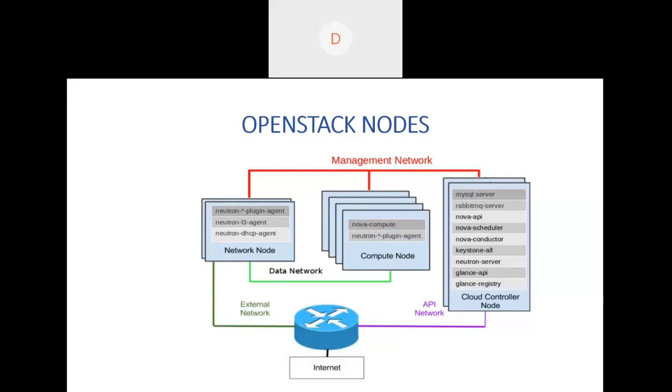So the traffic usually follows a series of soft switches, and it leaves the compute node and reaches the network node, wherein the DHCP application, what you call the DNS mask service, will assign some IP address to that particular VM that got launched. Then, if the VM wants to access data outside, meaning it wants to access the internet from your cloud,